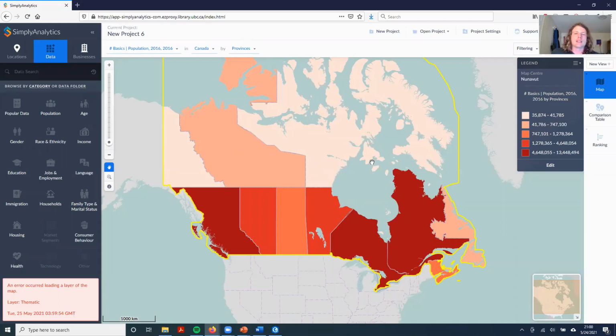Here I've got a site called Simply Analytics. It's a site that we all have access to through the UBC library. And we're going to use this site to query some census data for Lab 3. And it's a pretty powerful tool. Unfortunately, if you're not a member of a large institution like UBC, you can't use this to download the census